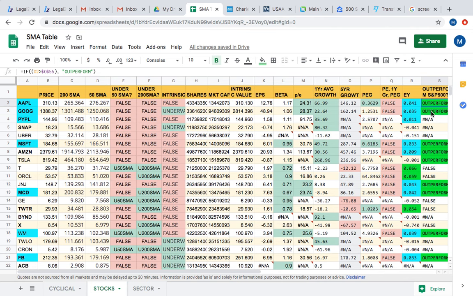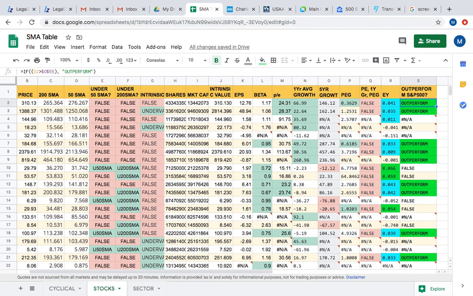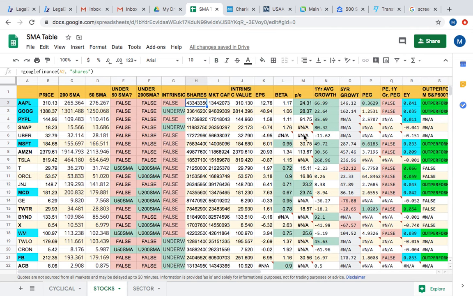And then ultimately you take all of these metrics and you look across the table, right? So we've got Apple's an outperform, Google's an outperform, but they're both overpriced. But if we come